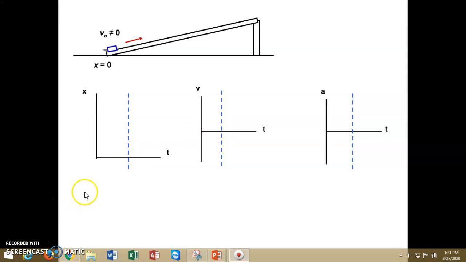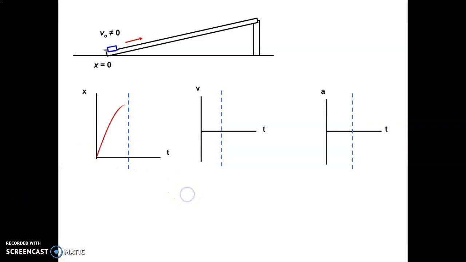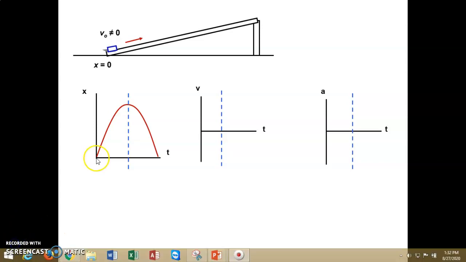What I like to do in this case is say, well, it starts at the origin, so I can put a dot here, and then I know a little while later it's going to be back. It's going to come back down, and I can put another dot right here. And what kind of graph is this going to give me? Something that looks like this. It starts at the origin. At some point it stops at the top. That's what this is briefly. And then it comes back down and hits that point again. When it stops at the top, speed is going to be 0. So I know that my speed, it's already moving, and then it's going to be 0. So I can put a dot here, and I should get